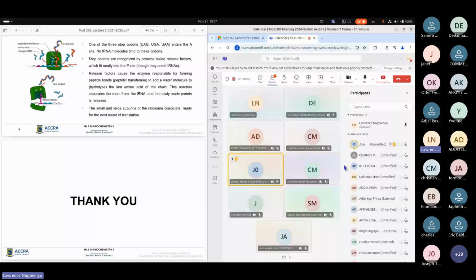And of course, after that process of breaking down into amino acids, those amino acids will go into the synthesis of the proteins that your body needs. Because, for instance, if you take in proteins from plants or from some other animal food,